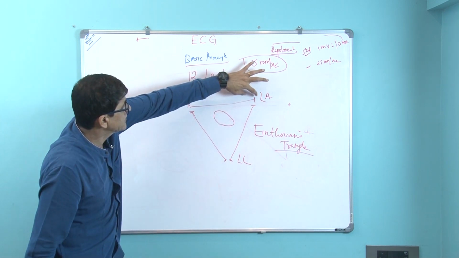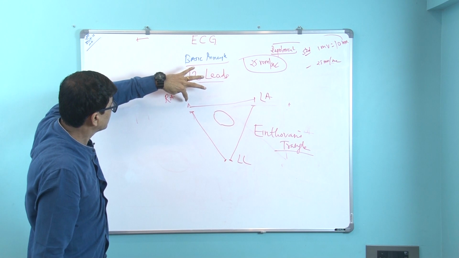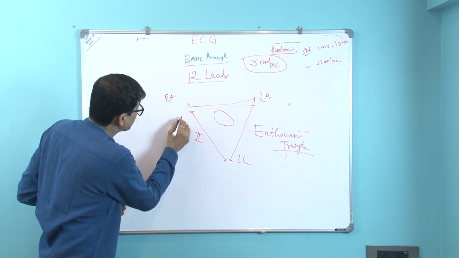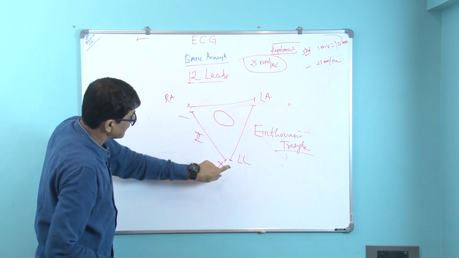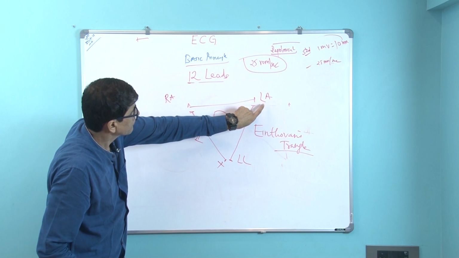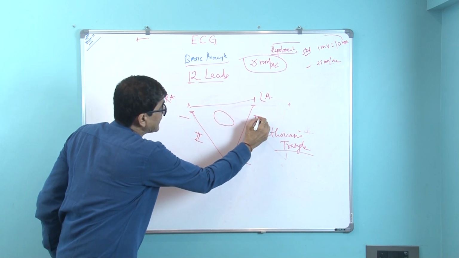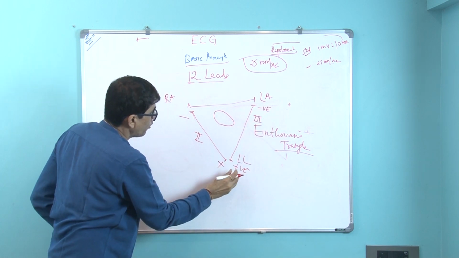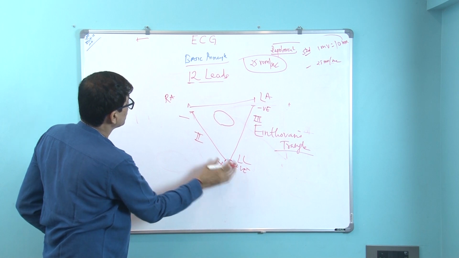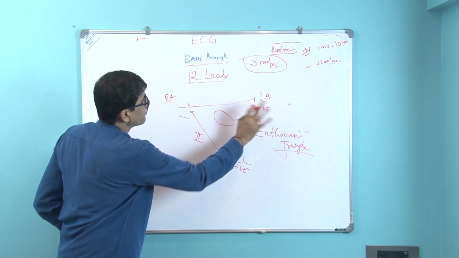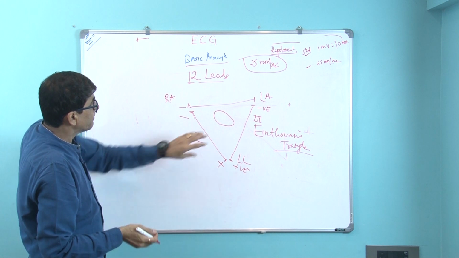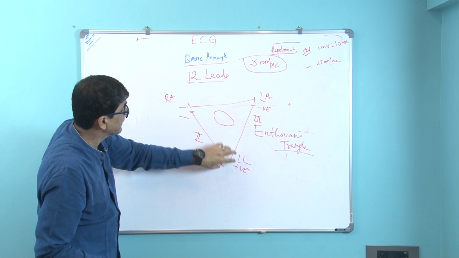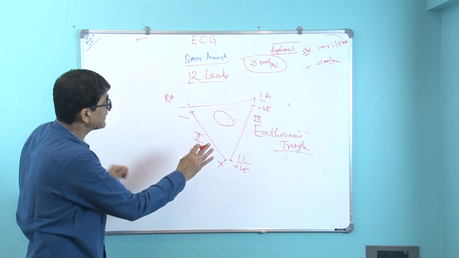Lead 1 is connected with positive to the left arm and negative to the right arm. Lead 2 has the negative pole on the right arm and the positive pole on the left leg. In lead 3, here it is negative and here it is positive. So all the positive deflection is here; in lead 2 both are negative, and in lead 1 one is positive and one negative, as I told you earlier. But now they consider left arm, right arm and left leg,